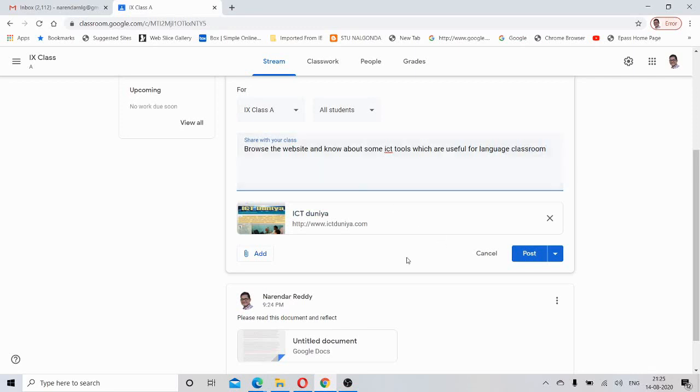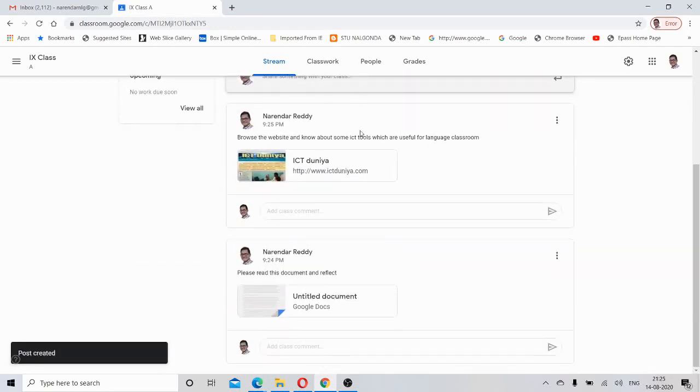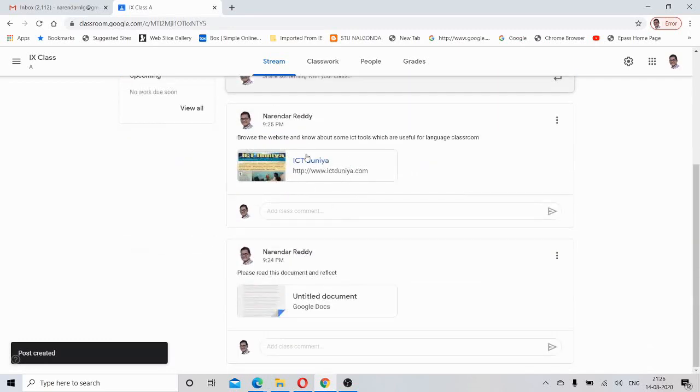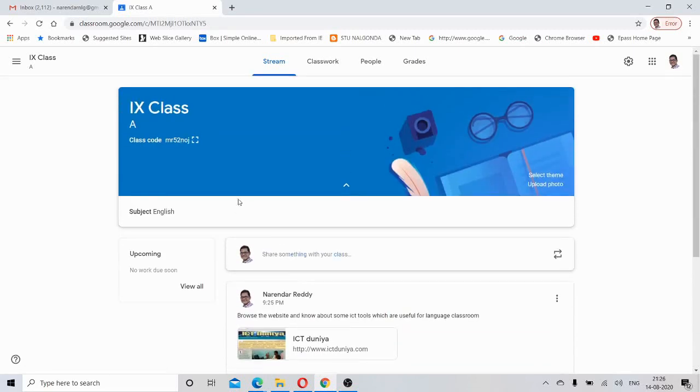Now let me post this. By clicking the post button, this is also posted. Now if the students come across these postings, yes, they can make a comment here. Even I can also comment here.